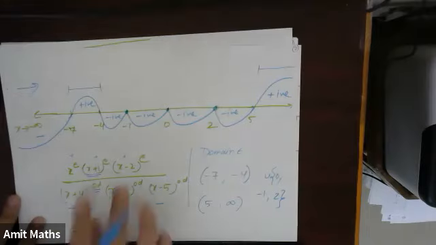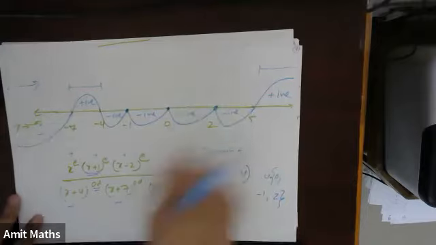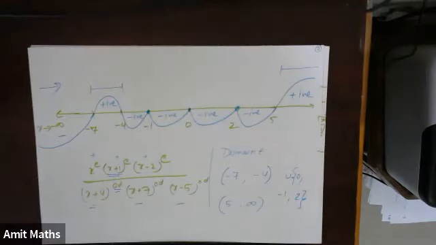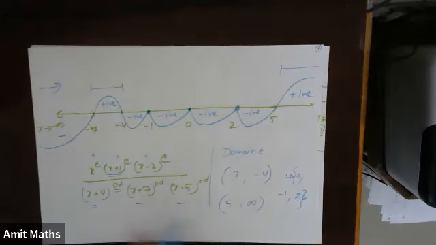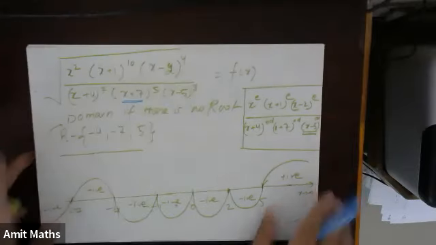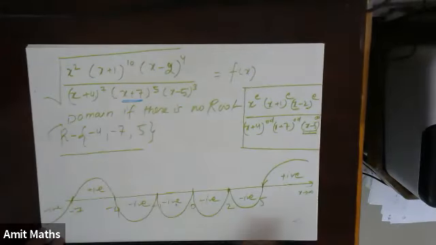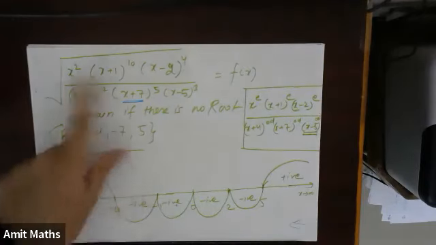Okay. First you look at this wavy curve and check whether you are able to get it for even power and for odd power. I will explain why for even power it is bouncing back and why for odd power it is changing sign. It is a very simple concept. First check whether you are able to draw this curve using the original question. This was the original question. Try to draw it by yourself. First, using this, just draw this simple part. I will explain why for even power it is bouncing back.